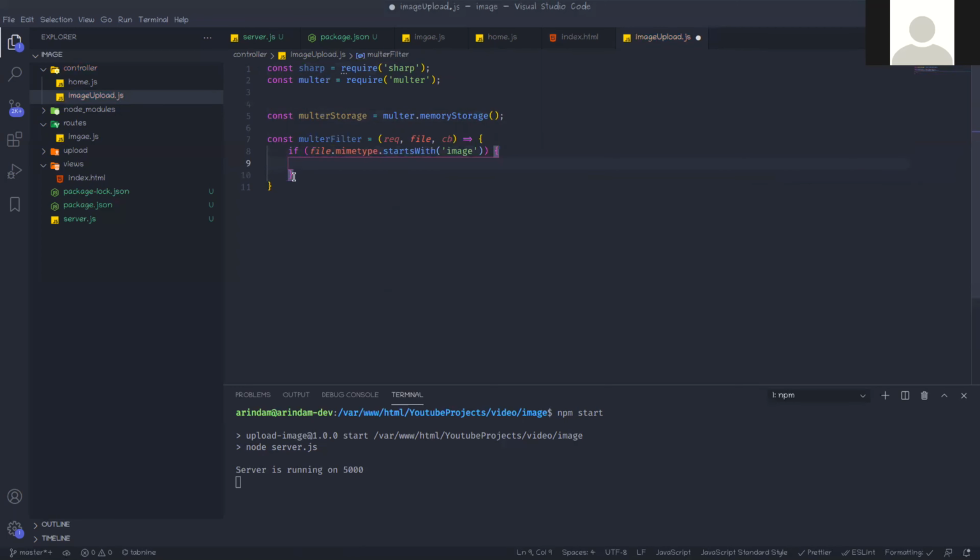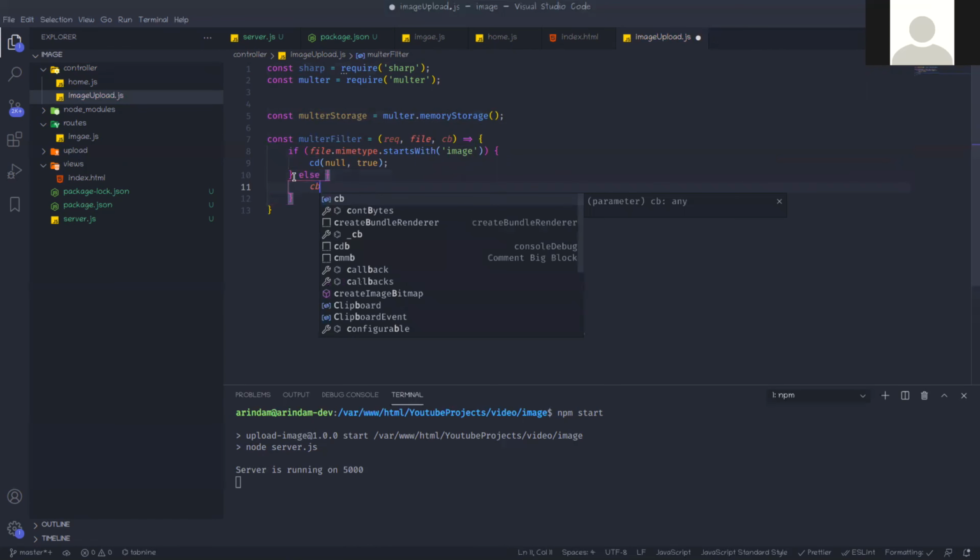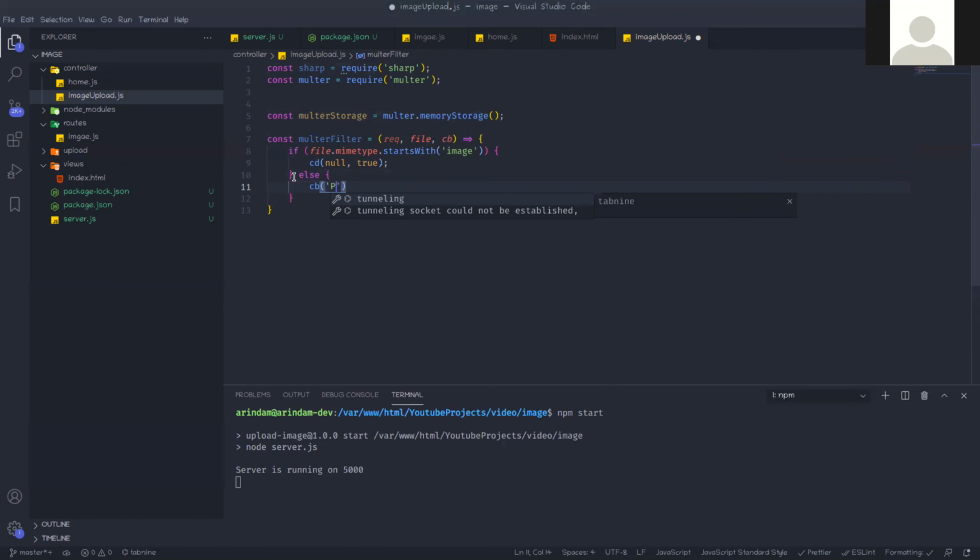If it starts with image, then we call the callback function, cb(null, true). If not, then the callback function will return one message like please upload only images, and that should be false.